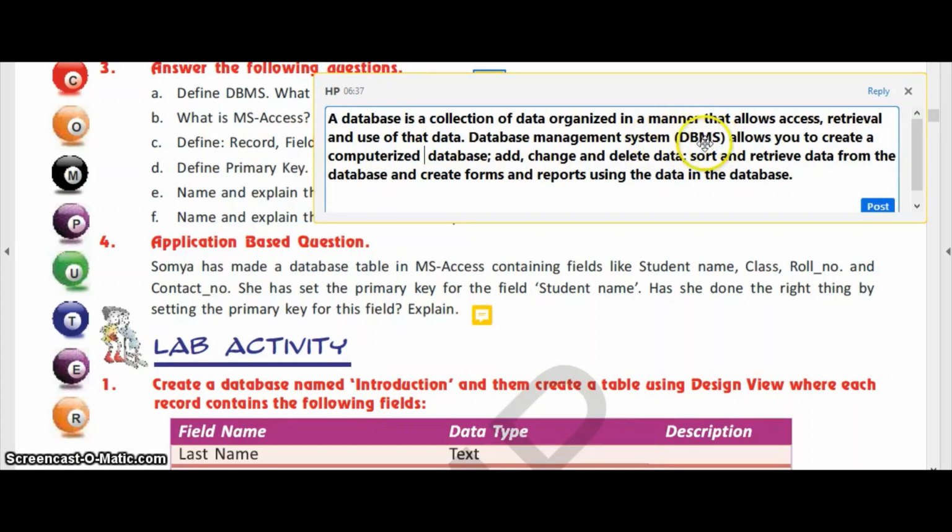What is the full form of DBMS? Database Management System allows you to create a computerized database, add, change and delete data, sort and retrieve data from the database, and create forms and reports using the data in the database. So this is the need for the DBMS.